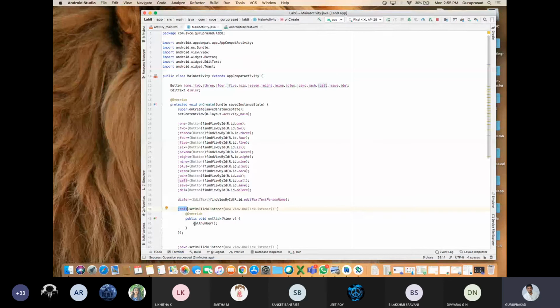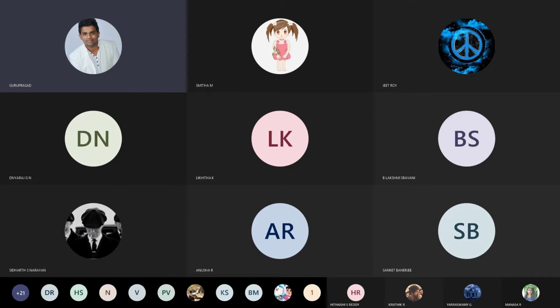But in the same page, if all 13 different buttons are adjacent to the same edit text, then you should not use this method. Okay, it is more confusing for you guys. You need to use a method which I'll be demonstrating now.